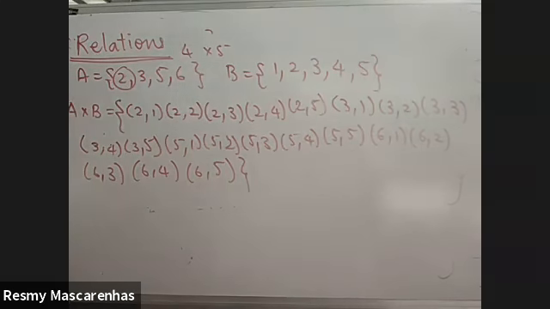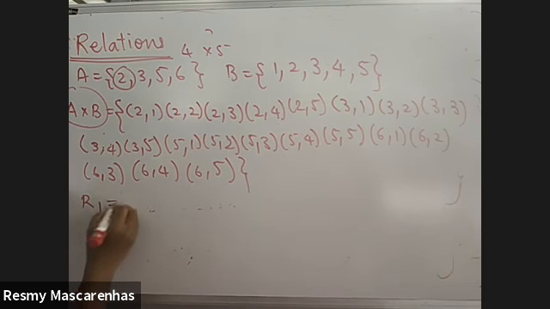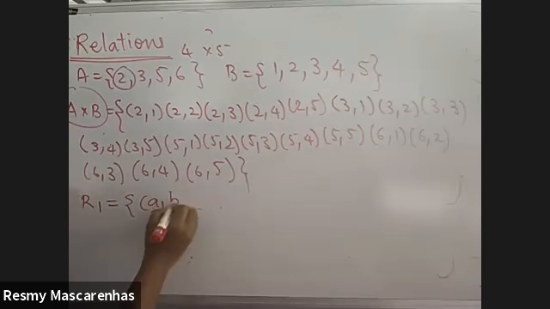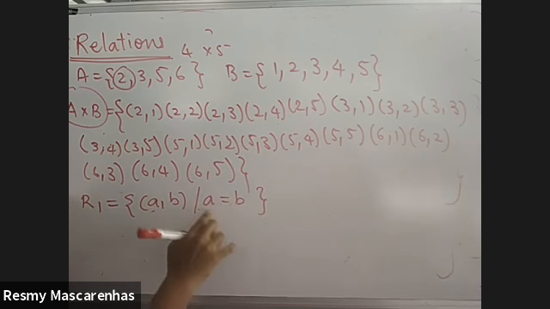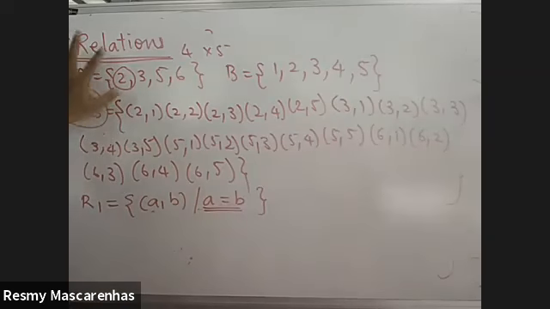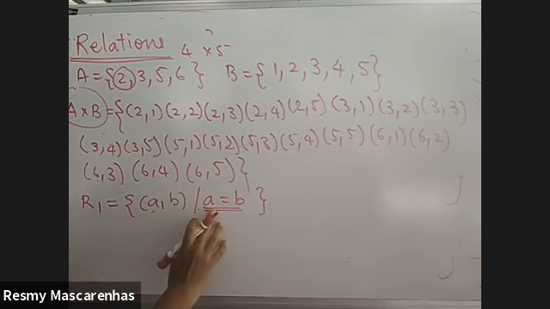Now just see, this is a simple Cartesian product. There's nothing more. Now comes the actual relation. So now you have to find the following relation. The first one, what they are saying is find a relation where a is equal to b. There are many ways you can relate A and B. In short, relating A and B is called a relation. There has to be some relation. In this case, a is equal to b, they are saying.